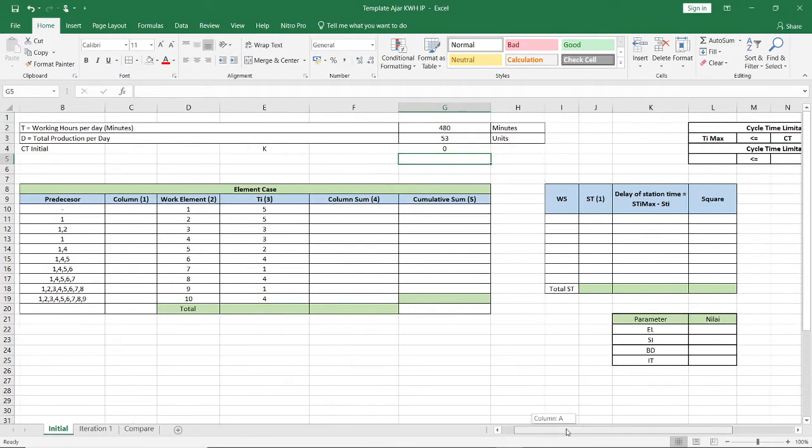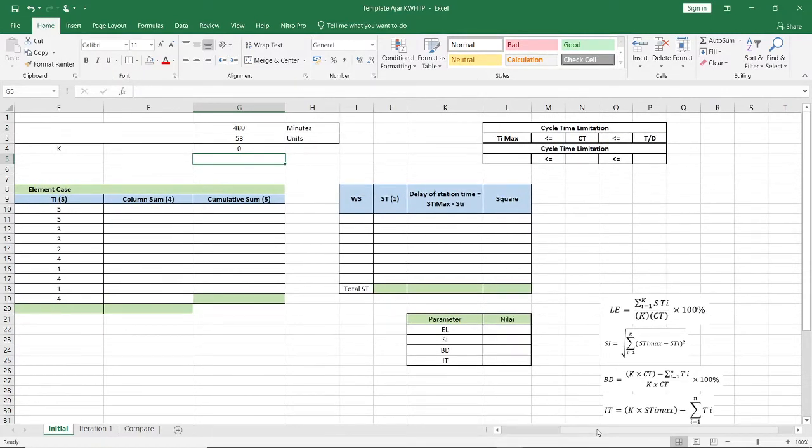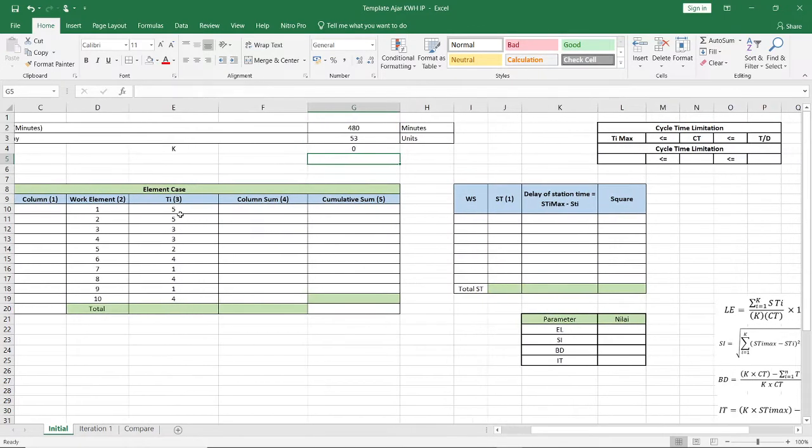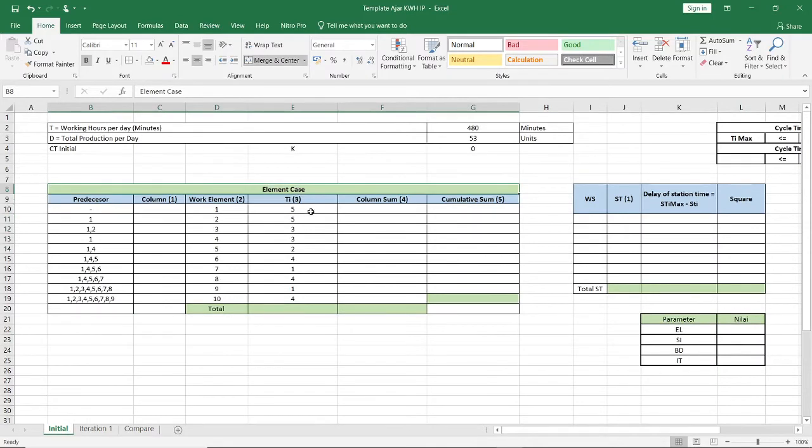Now we are going to find the cycle time. This is how to do it. First, you must know the TI max, or the maximum operational time for this element case. Take a look at this. So, what is the biggest or highest element time in this column?